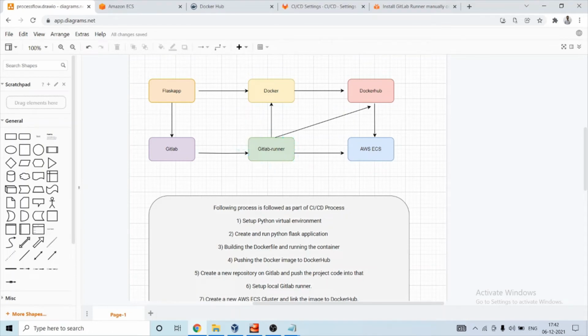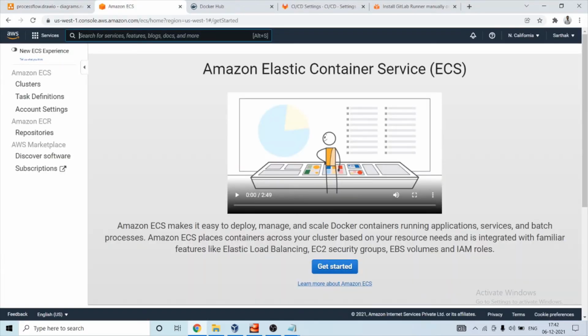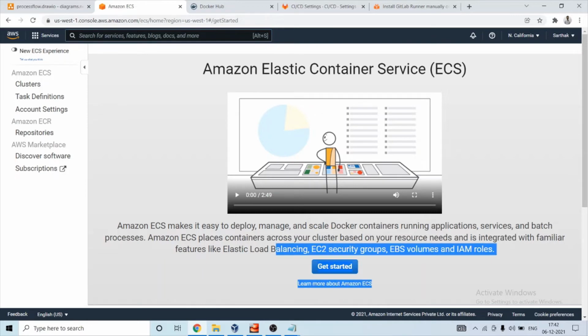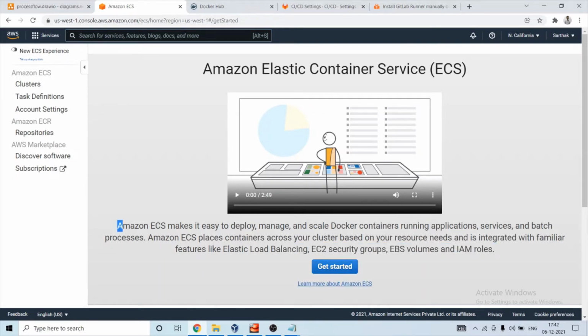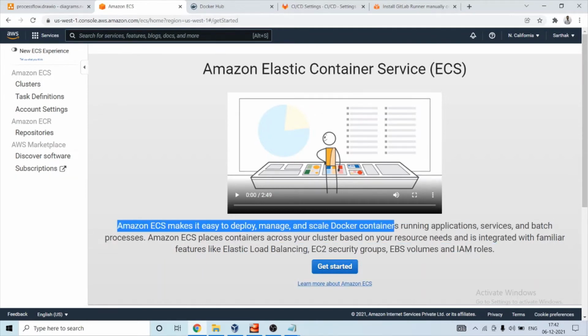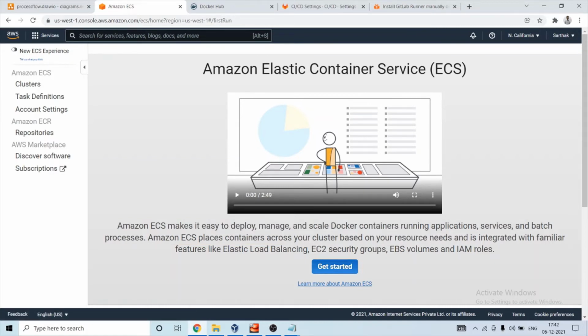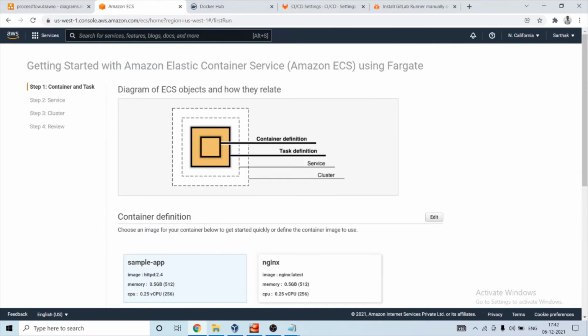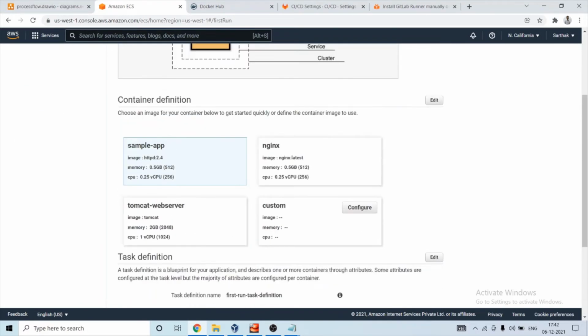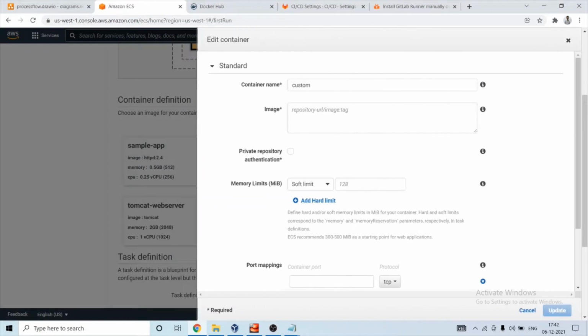What we need to do now is go to AWS ECS to enter the configuration of our Docker container. Amazon ECS makes it easy to deploy, manage and scale Docker container running applications. So let's click on get started. Let's create custom. Okay, we will give Flask app.